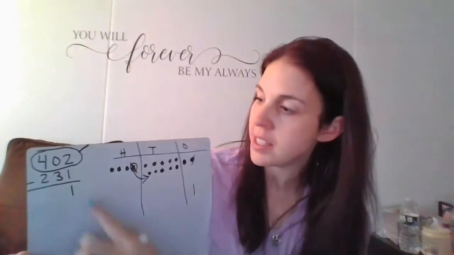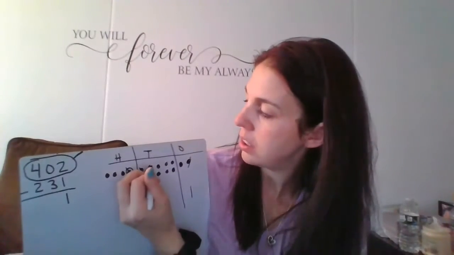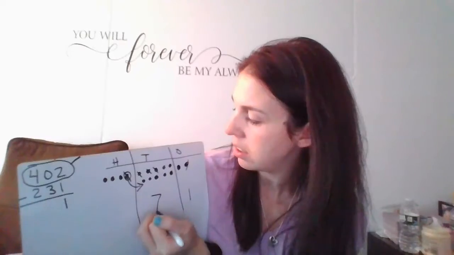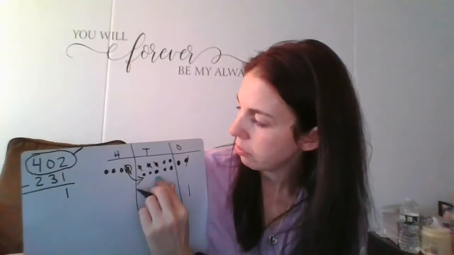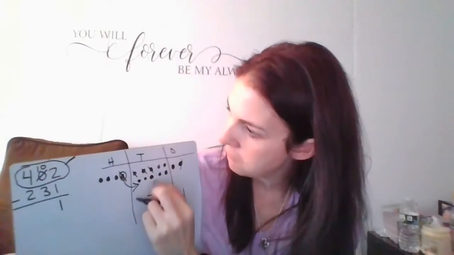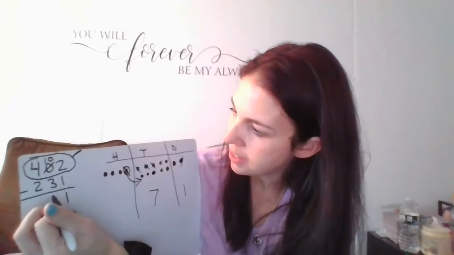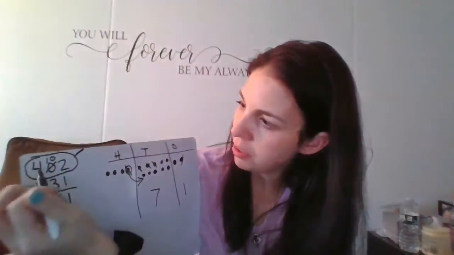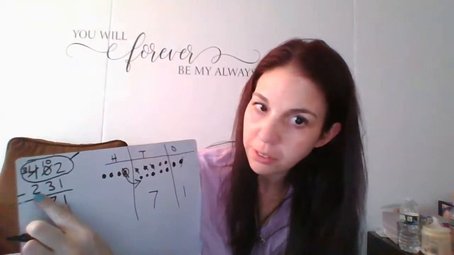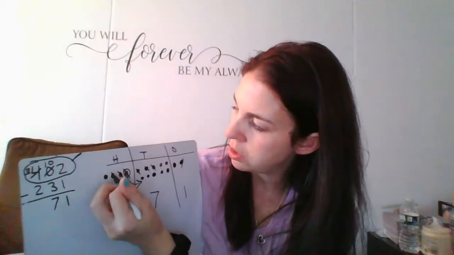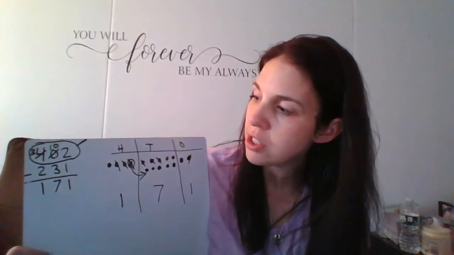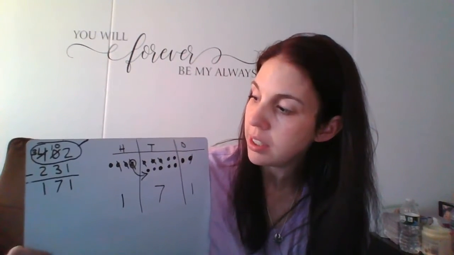Now we have enough to cross out 3 tens. 1, 2, 3. How many are left? We know there's 5, 6, and 7. So we had 10 here. 10 minus 3 equals 7. Now we don't have 4 here, we have 3. And we're going to cross out 2. 1, 2. How many are left? 1. So 402 minus 231 equals